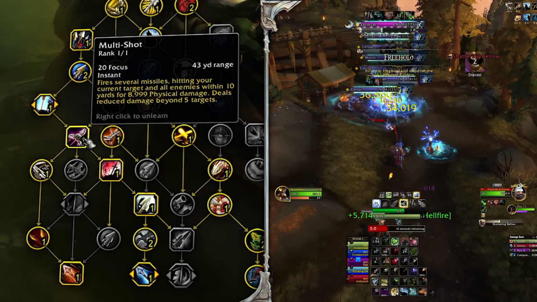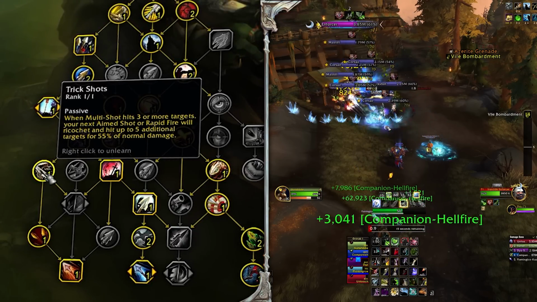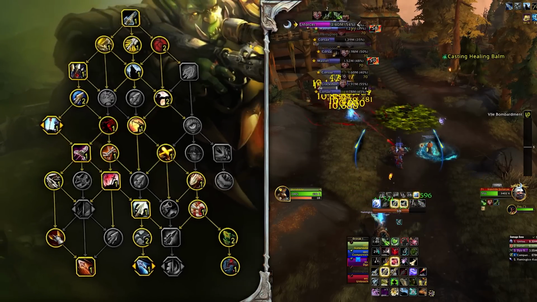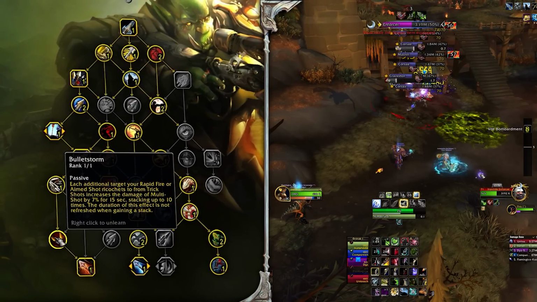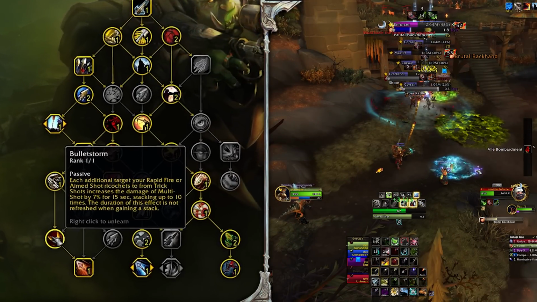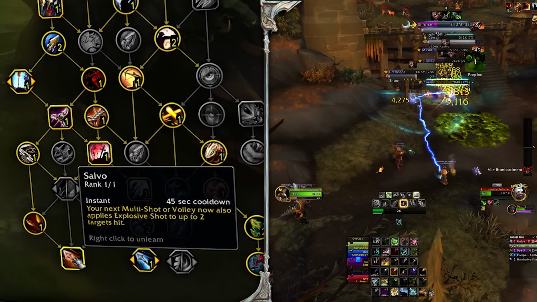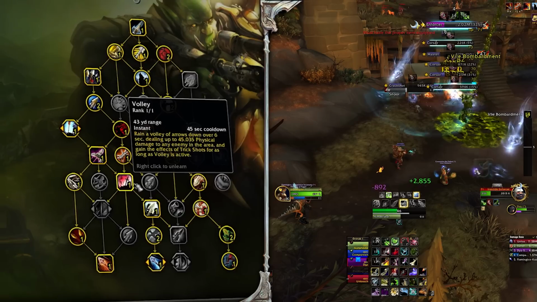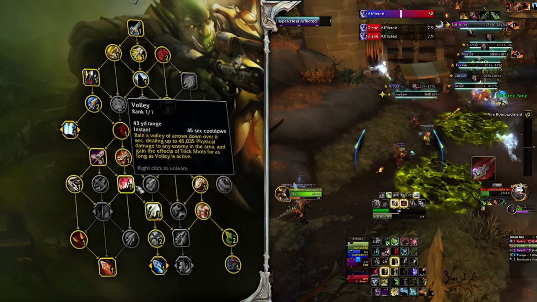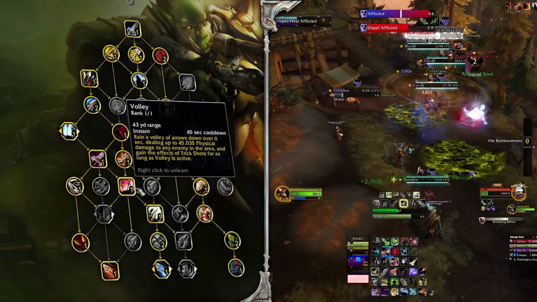Multi-Shot will proc Trick Shots, making your Aimed Shot and Rapid Fire spells hit up to 5 extra targets for extra damage, and each extra target you hit with this will stack up your Bulletstorm, increasing the damage of Multi-Shot, which started the whole thing, by the way. And don't forget about Salvo, giving your Multi-Shot or Volley the Explosive Shot effect on 2 targets hit, and Volley itself will also give you the Trick Shots for its duration. Basically, all of these talents here work together, buffing each other and giving you nice big damage,